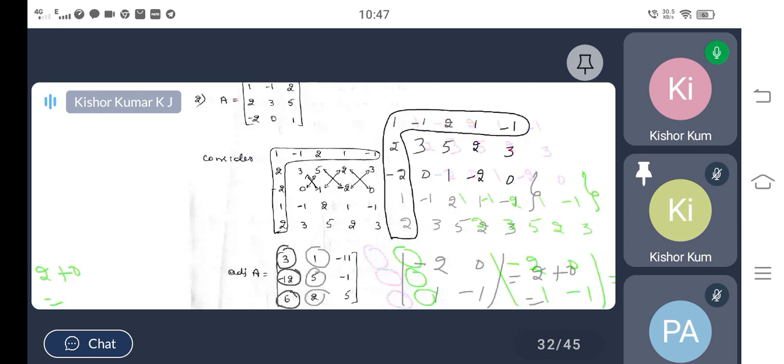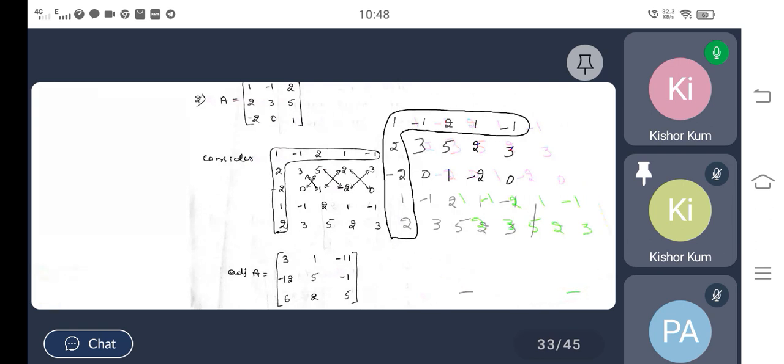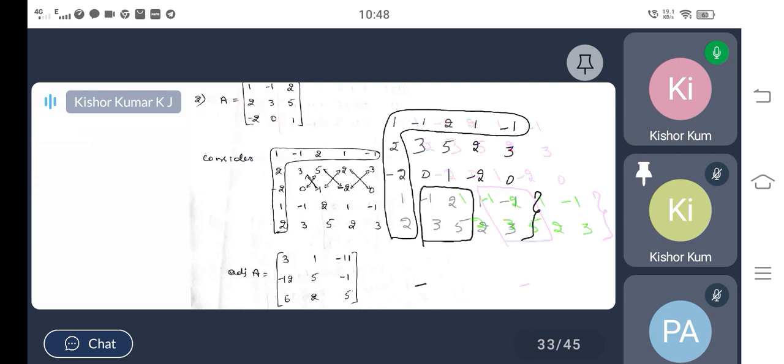After completion of this, we have the last two rows. To get the last column solution, I have to move to the last two rows. So I will consider the next step with these two rows, the last two rows. For the first four elements, you will get 5 into minus 1, it will be minus 5, minus 6, so it is minus 11.